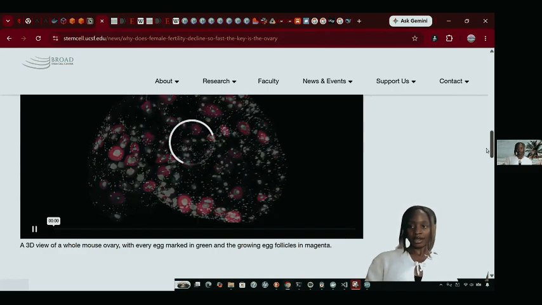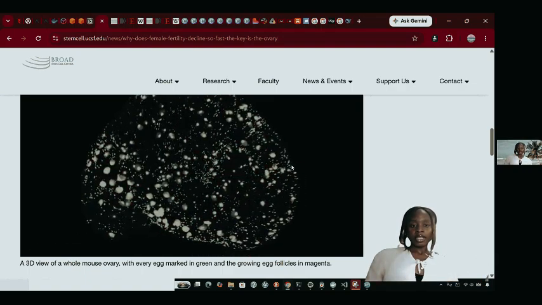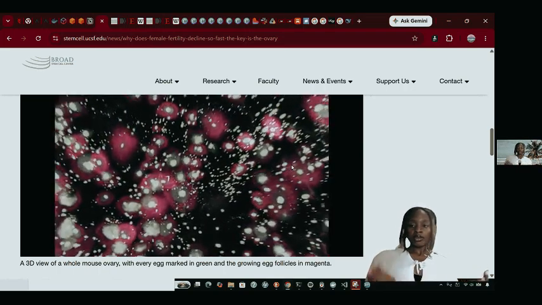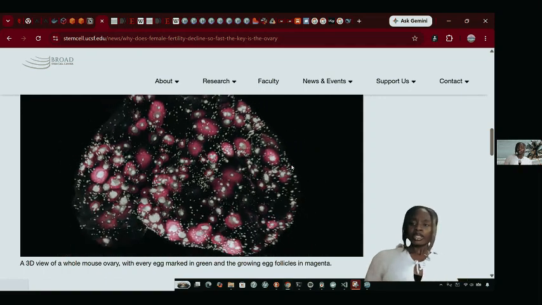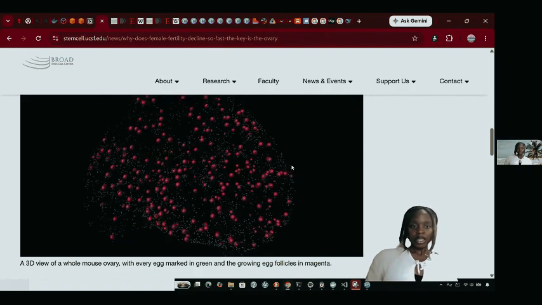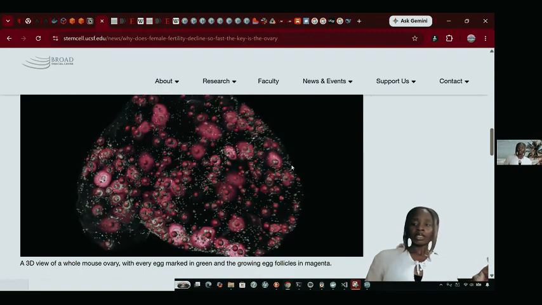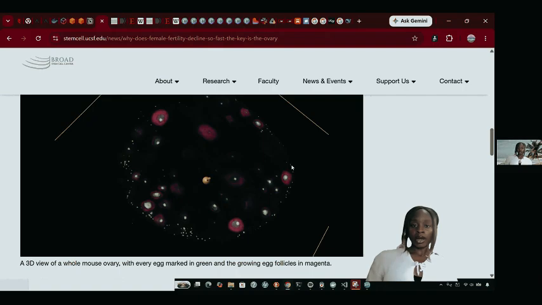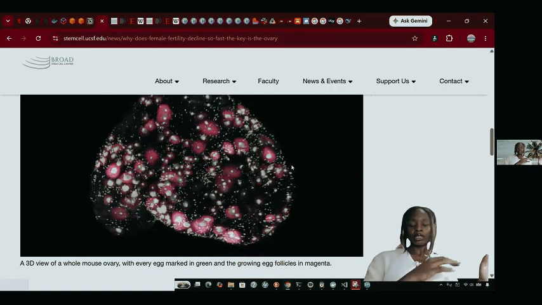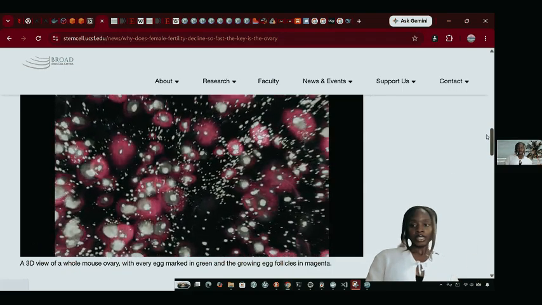innervated by the sympathetic nervous system. Remember we said there's a parasympathetic and a sympathetic nervous system. Your parasympathetic nervous system is more chill and your sympathetic nervous system is your stress response. So if this ecosystem is innervated by the sympathetic nervous system, the insight I got from this, in my opinion, was that in order to have healthy eggs, you actually have to be calm. We know we can switch to the parasympathetic nervous system and be calm, but you actually need the baseline of your sympathetic nervous system to also be calm. I hope you can translate that.